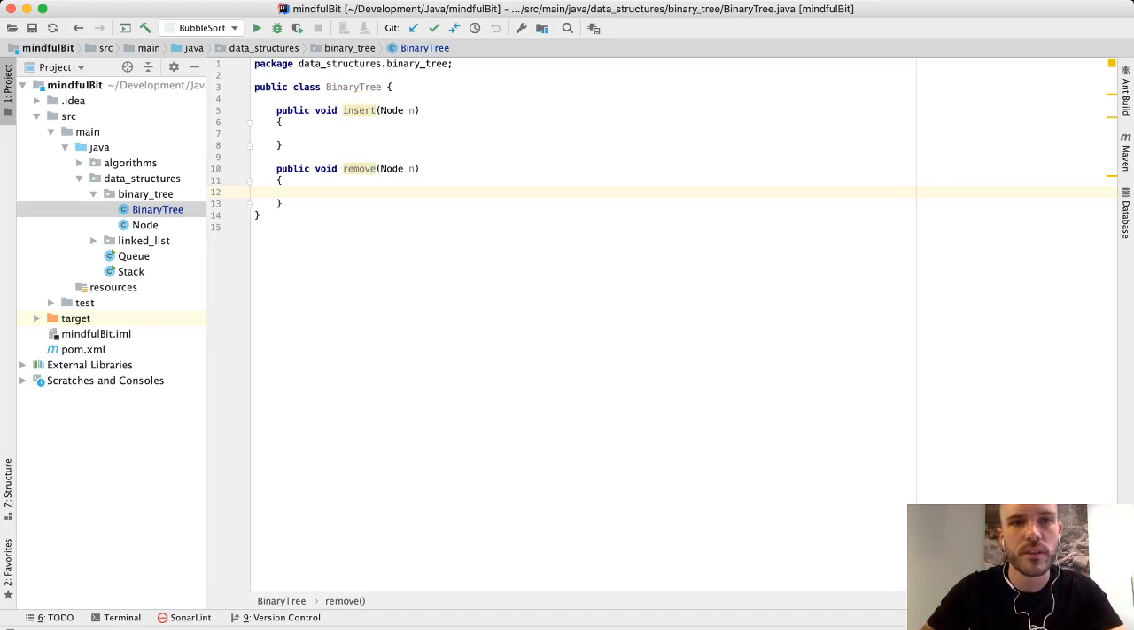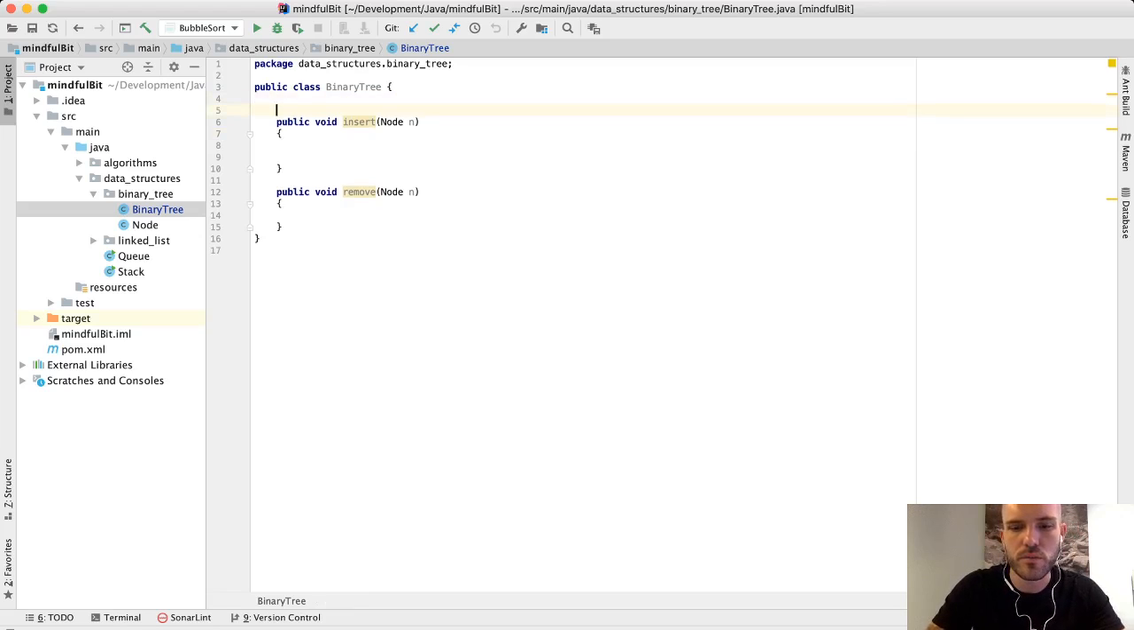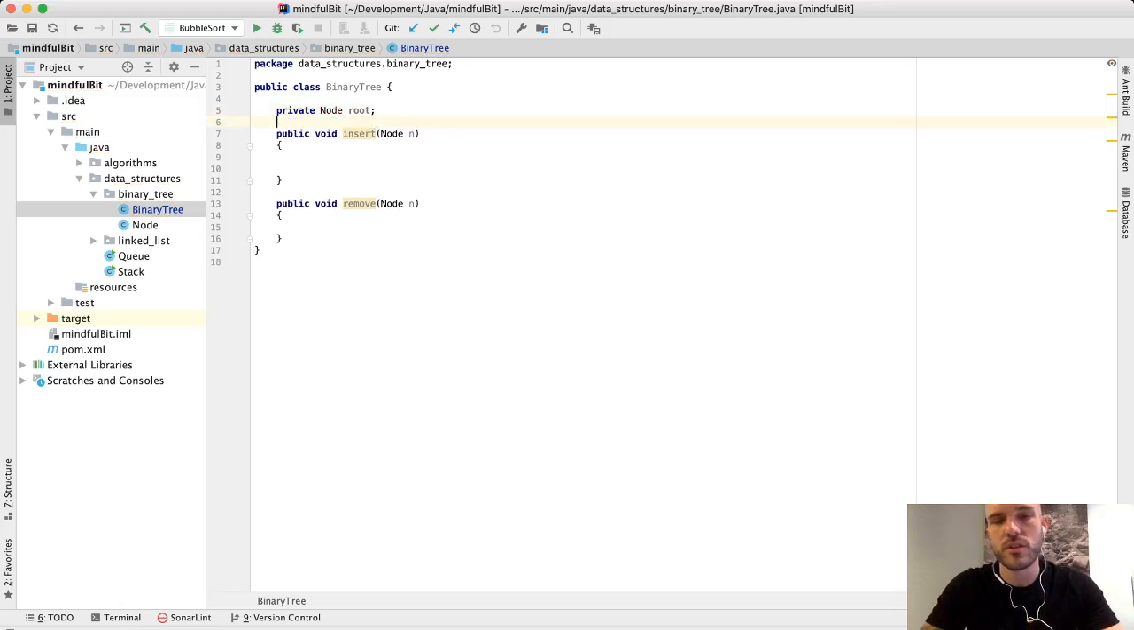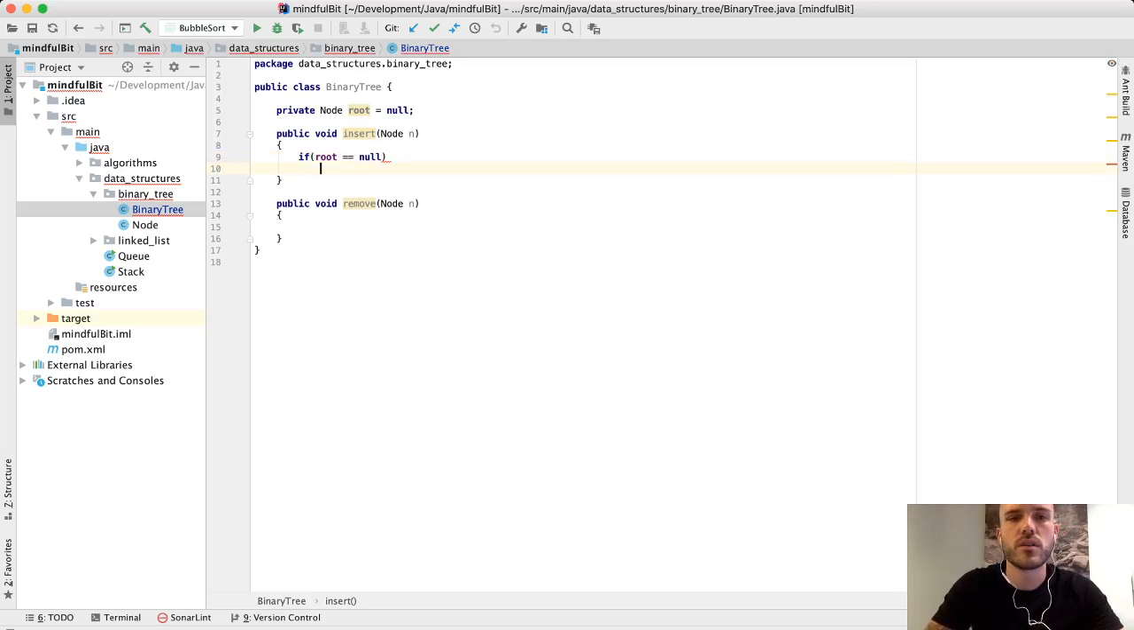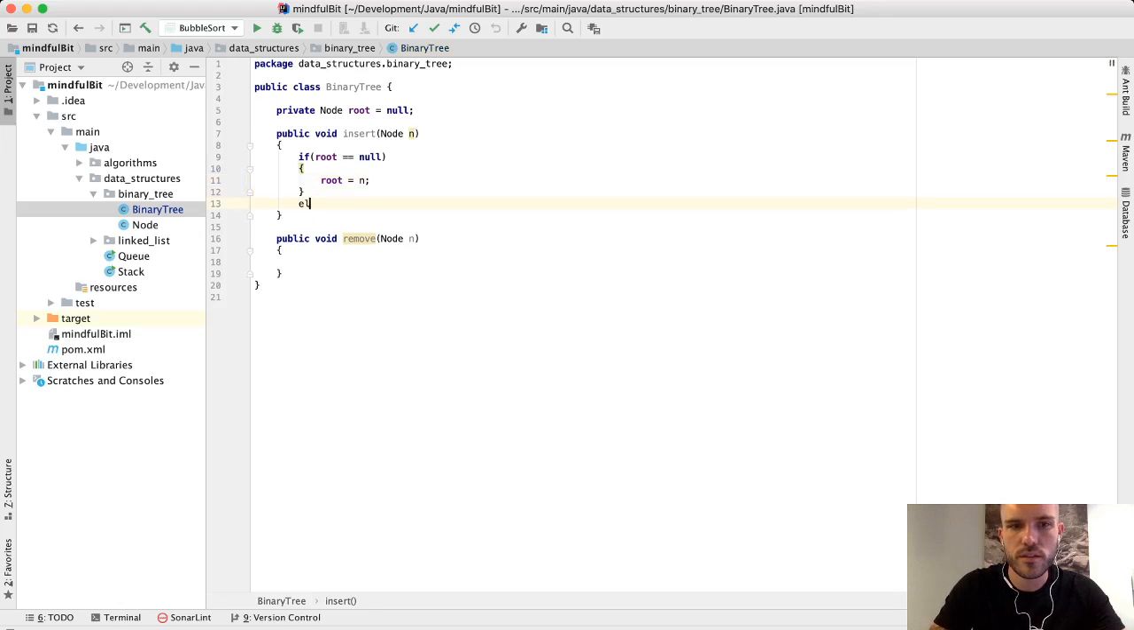Let's do our insert method. So what we want to do is let's go ahead and set a root. So we'll have private node root. And the reason we need a root is we need to know where to start from. So it's going to initially be empty, but we'll set it to our very first value. So if root is null, we want to go ahead and set our root to the new value. Else,